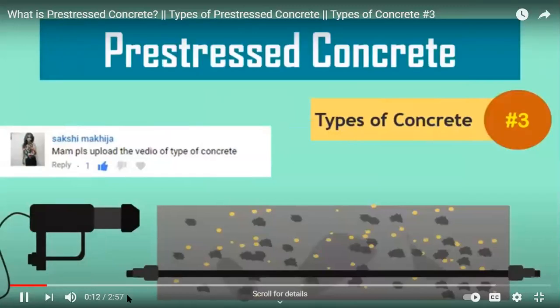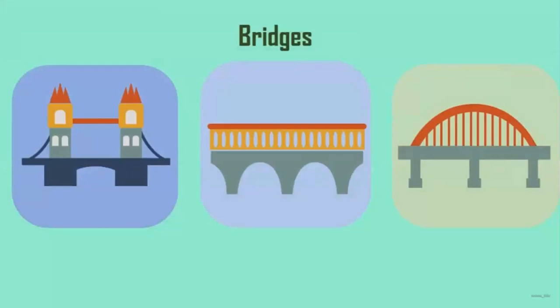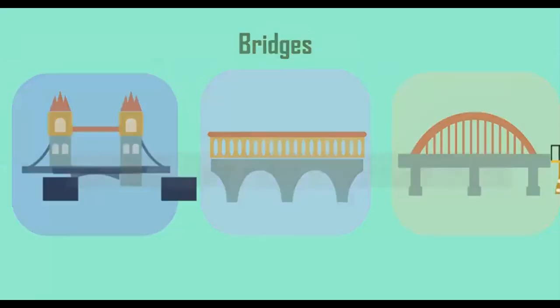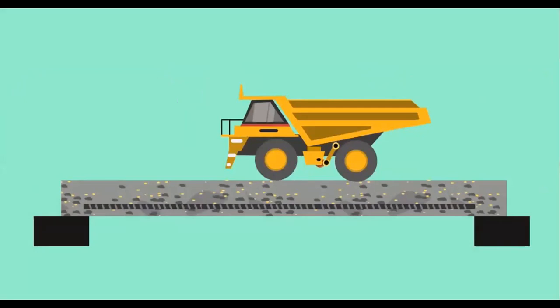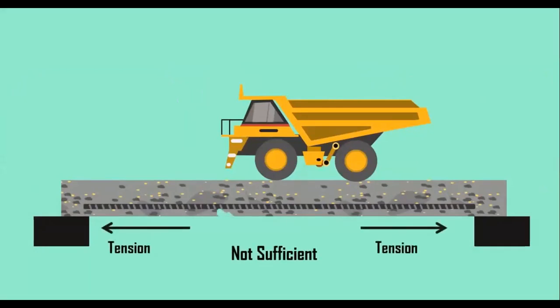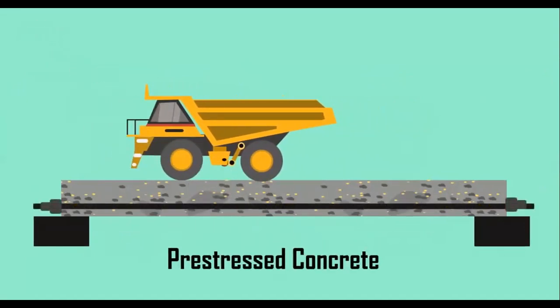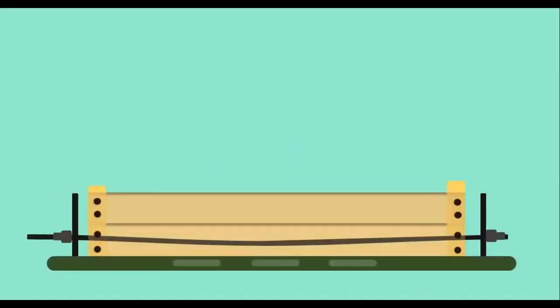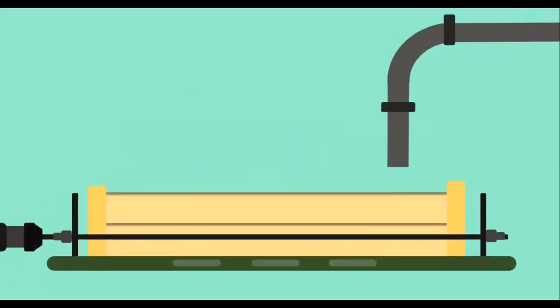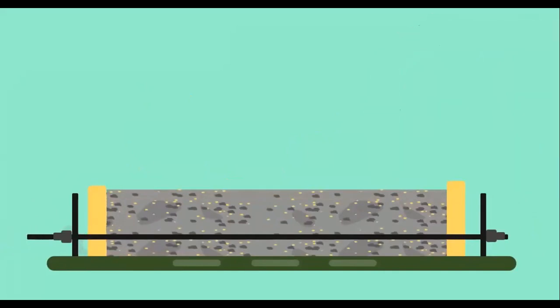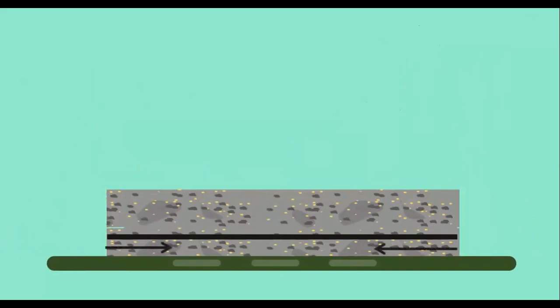Pre-stressed concrete. In case of big concrete construction projects like bridges, steel reinforcement bars alone won't be sufficient to provide the necessary tensile strength. In this case, pre-stressed concrete is being used. In pre-stressing, the rods or tendons are stretched along the axis and cement is poured. Later, when the tendons are released, the compression is generated at the bottom, which tries to counterbalance the compression due to loading at the top part of the beam.